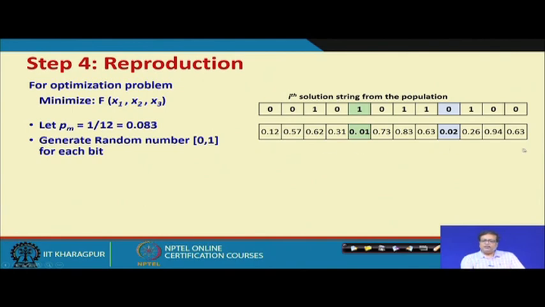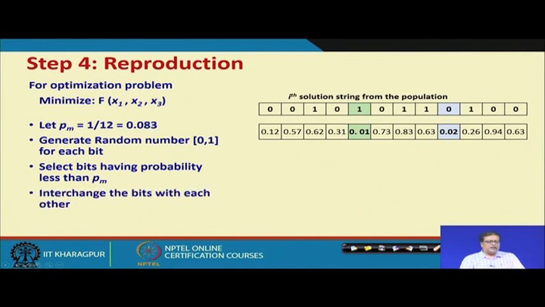So, for each bit we have created random numbers: 0.12, 0.57, 0.62, 0.31, 0.01. In this case you can see that at these two places the value is lower than P m. So, we select the bits having a random number less than P m. We have selected 2 bits and then interchange the bits.